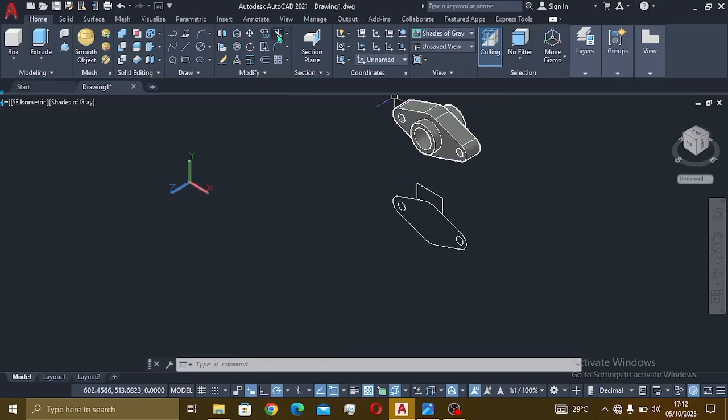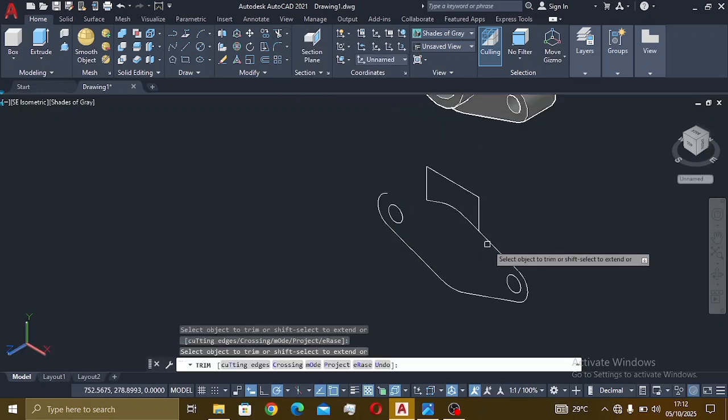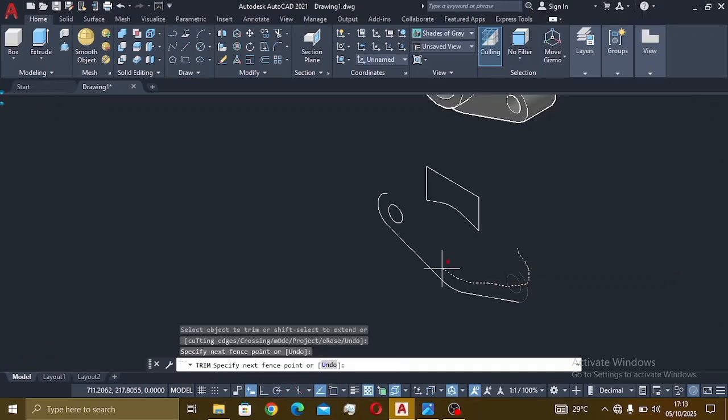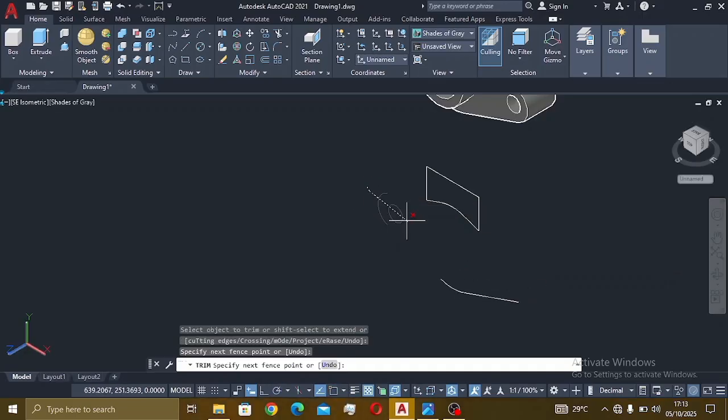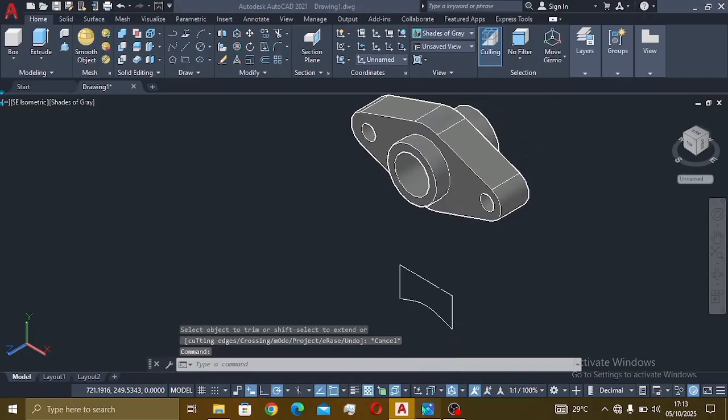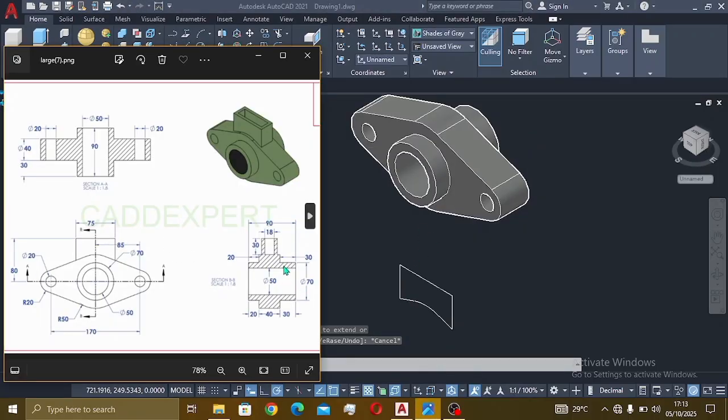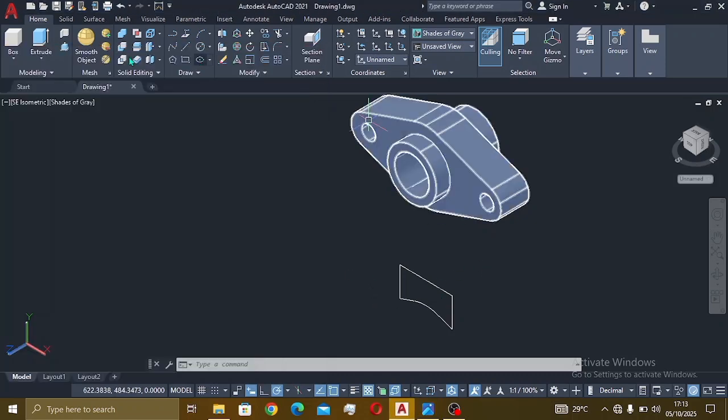So select trim. So now this is what we got. I've gotten the shape. And the thickness of this is 30. So we press pull this, press pull 30,